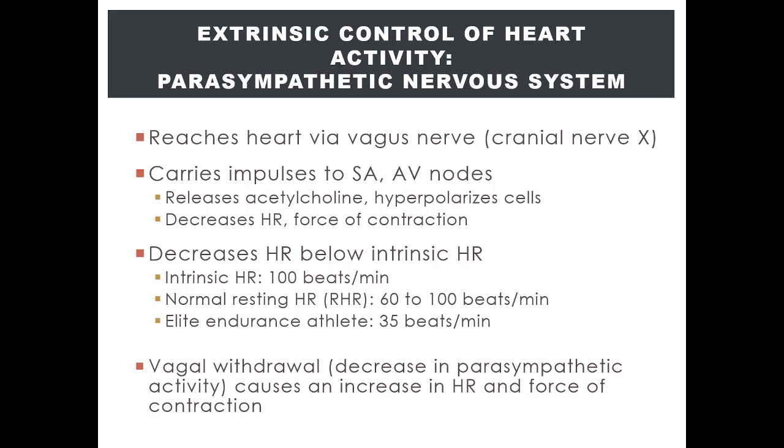An increase in parasympathetic activity would decrease the heart rate below the intrinsic heart rate, which is about 60 to 100 beats per minute. Some individuals, like well-trained endurance athletes who are very energy efficient and do not require elevated oxygen delivery to tissues like muscle, have a very low resting heart rate due to increased parasympathetic activity during rest. And sometimes the resting heart rate can fall as low as 35 beats per minute, meaning the parasympathetic activity suppresses the SA node to a point where only about 35 action potentials per minute are produced.